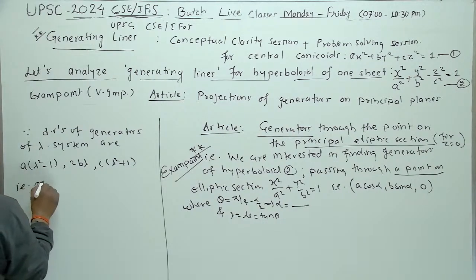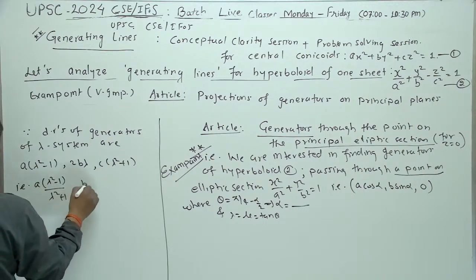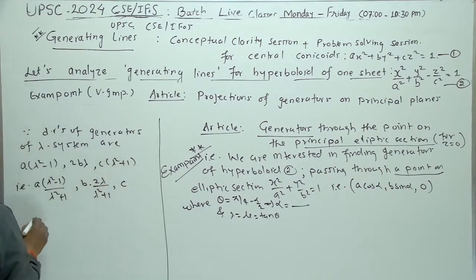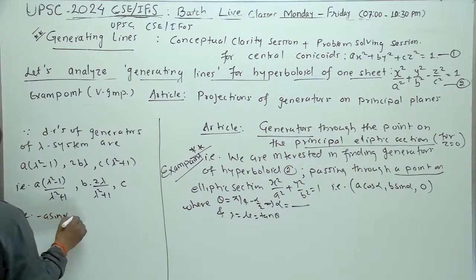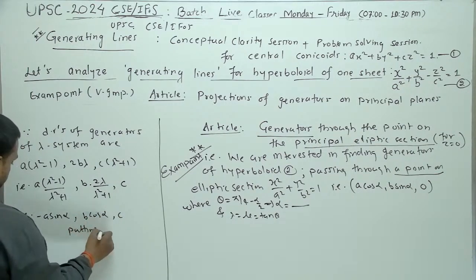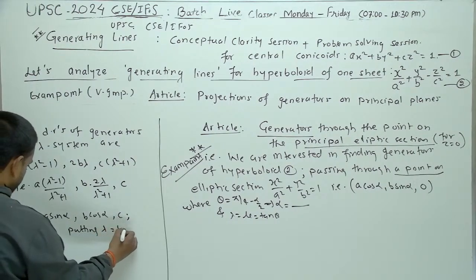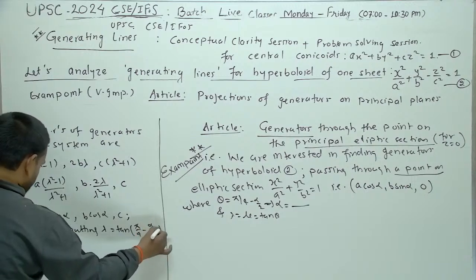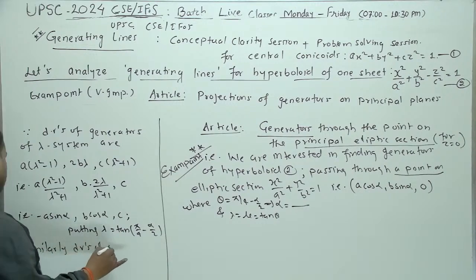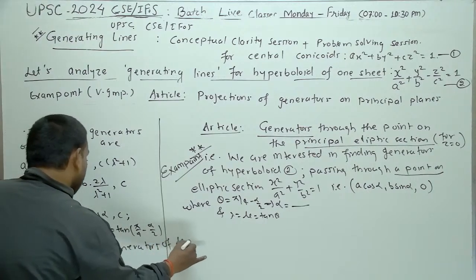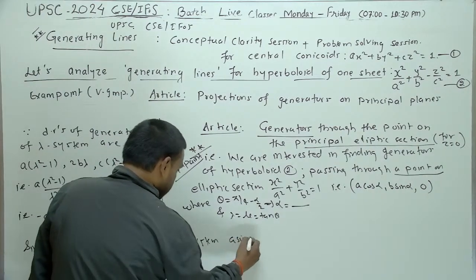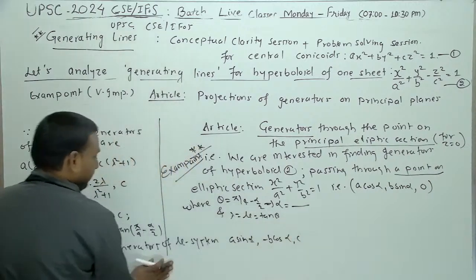Similarly, the DRs of generators of the new system, how can you write that? a sin alpha, minus b cos alpha, c. So finally you can write the